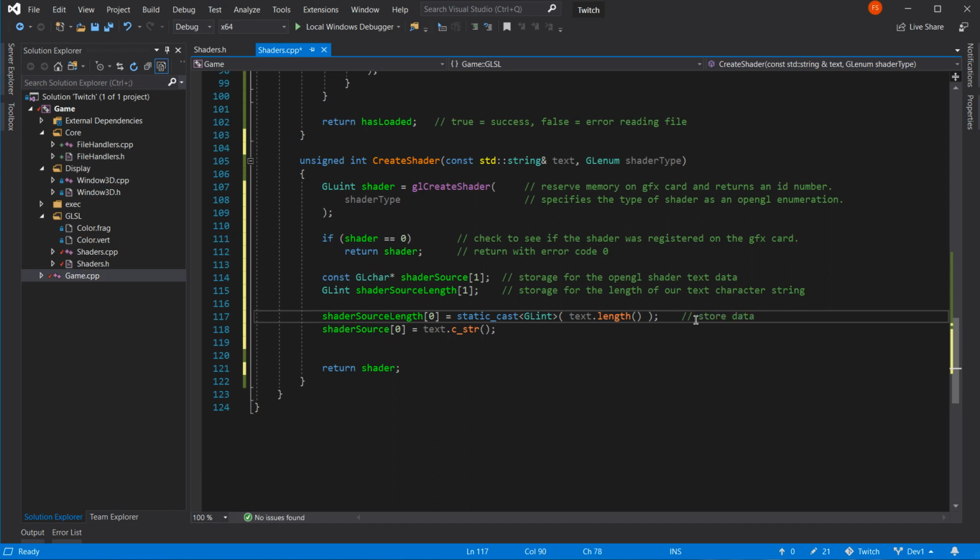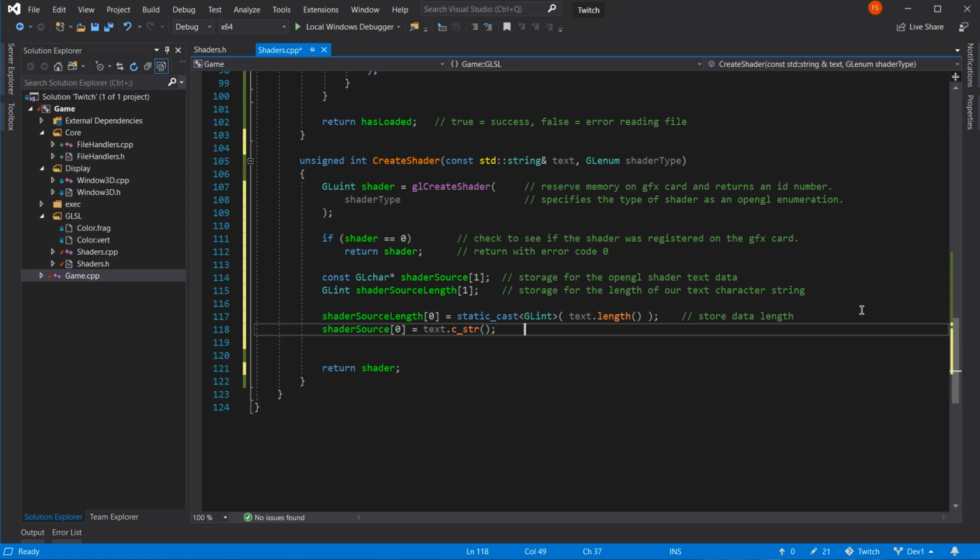Store data length in bytes. I hope. It doesn't say, it just says size T, and I hate that. Okay. I can't guarantee that it's in bytes, but I think it is.